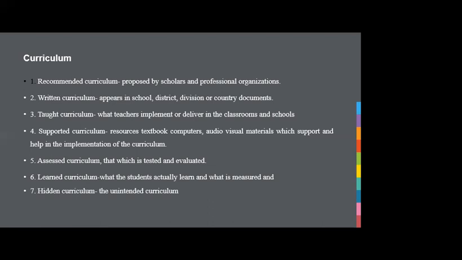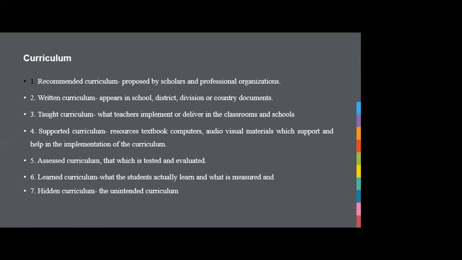Then we have the written curriculum, the one that appears in schools, districts, and divisions or in country documents. We get the one that is taught, that means what teachers implement or deliver in the classroom. Sometimes, they don't deliver the whole curriculum the way it's supposed to be, or they deliver it according to their way of thinking or the school's ethos,